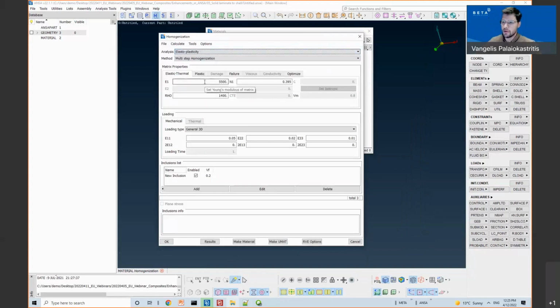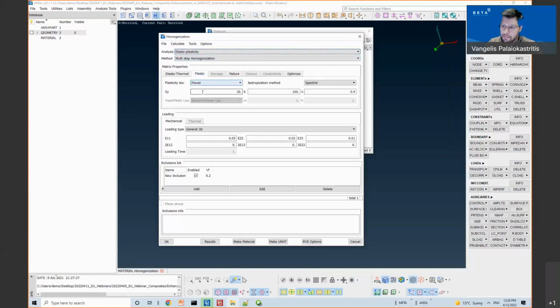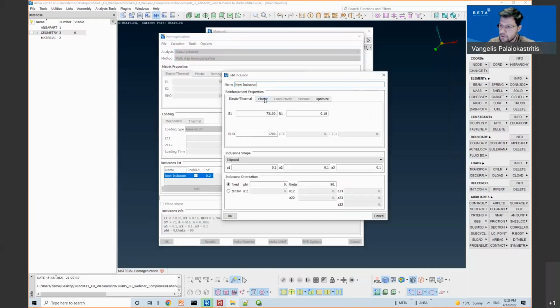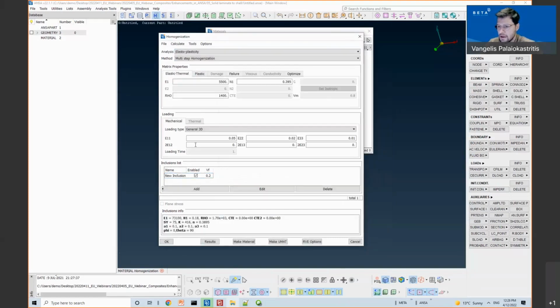Okay. So, in case we want to estimate the nonlinear behavior of the composite, we can specify the respective material model, and specify the plastic properties for the matrix. The inclusion can also be plastic, but in most cases, the matrix has the plasticity.